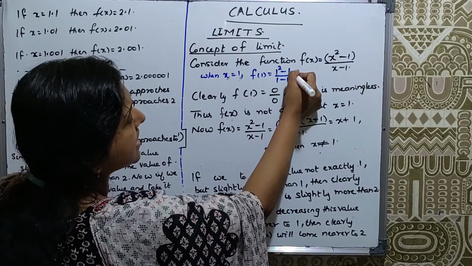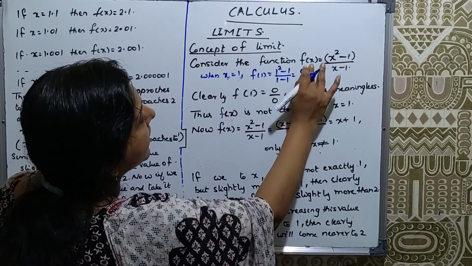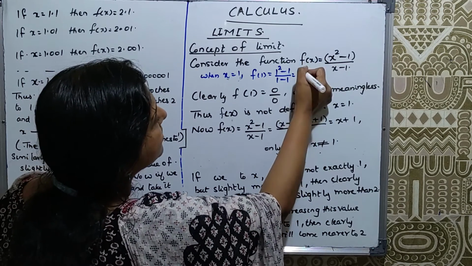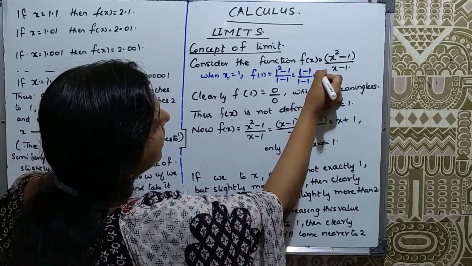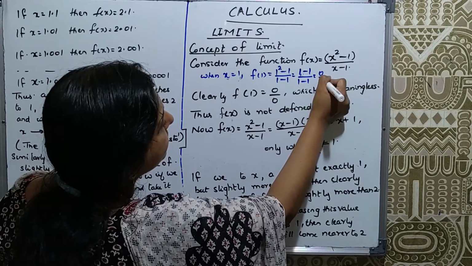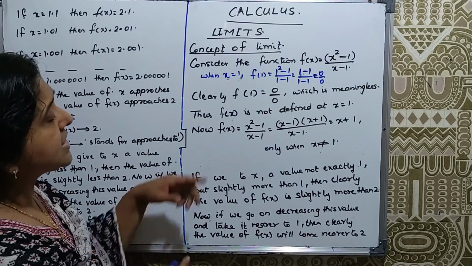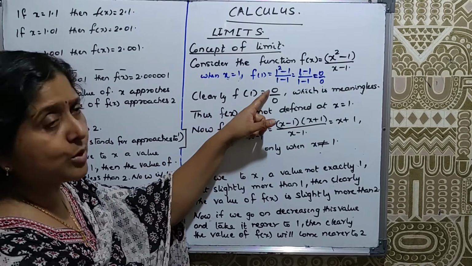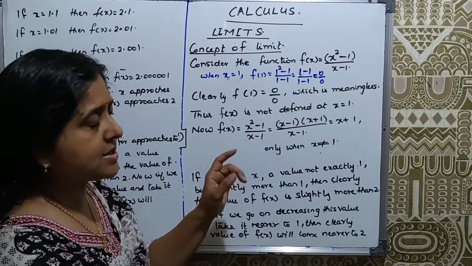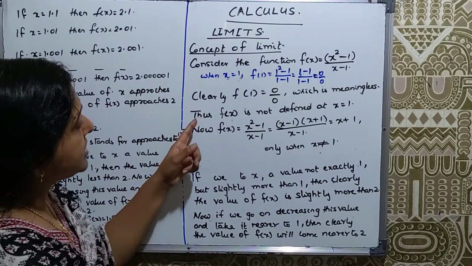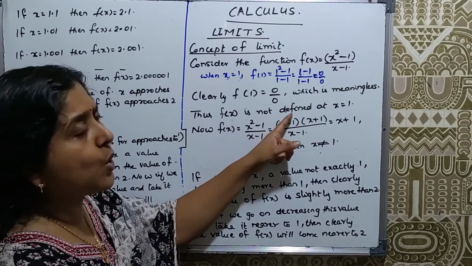1 squared is 1 itself, so 1 minus 1 will be 0. I will just write 1 minus 1 divided by 1 minus 1. It will become 0 by 0. So clearly f of 1 equals 0 by 0, which is meaningless. So if it is meaningless, then we can say that f of x is not defined